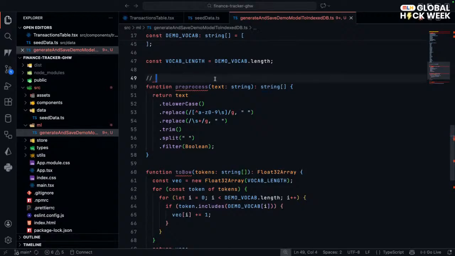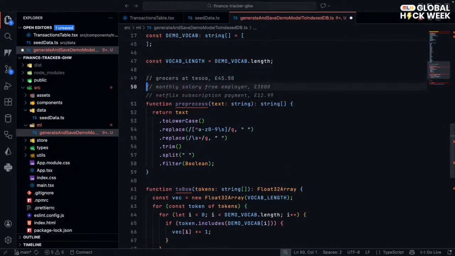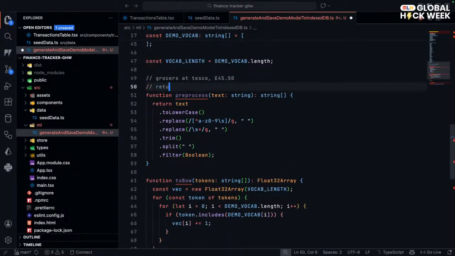So if I write something like groceries at Tesco, comma, pound 45.50, then it will return me